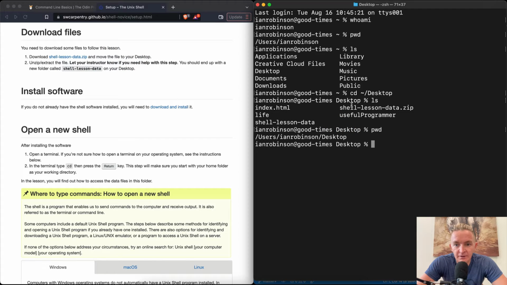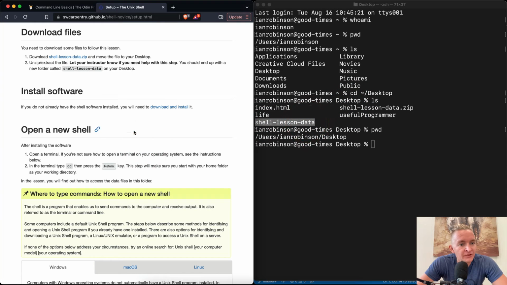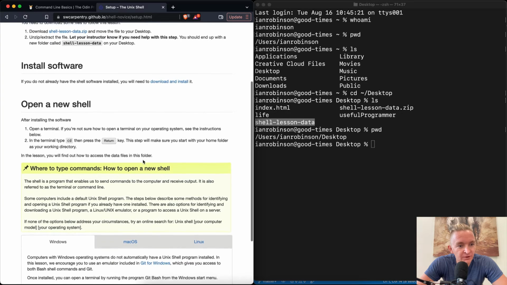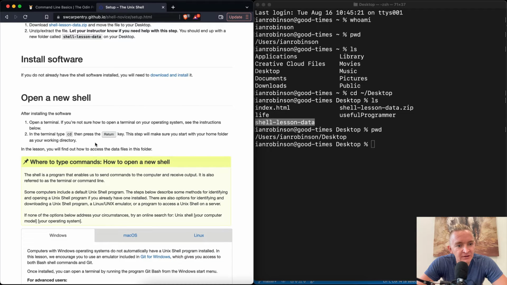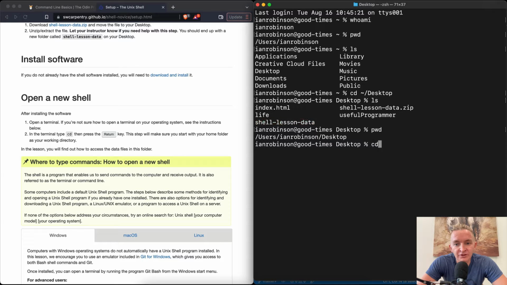And in the shell lesson data, we have the folder here. So open a terminal. If you're not sure how to open a terminal in your operating system, see the instructions below. In the terminal, type cd, then press the return key. This step will make you start with your home folder as your directory. Okay, so if we just do cd, and now if we go pwd, we see that we've gone back to the